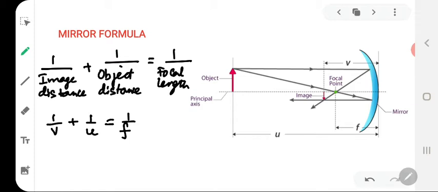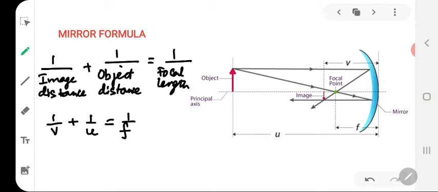Where V is distance of image from mirror, U is distance of object from mirror, and F is focal length of the mirror. All these terms are marked in the diagram that you can see alongside, and very well you can identify it. The mirror formula has three values in it: U, V and F. So if any two values are known, the third value can be calculated. The known values should be put in this formula with their proper signs, but no sign should be given to the unknown value to be calculated. Its proper sign will come by itself by calculations.